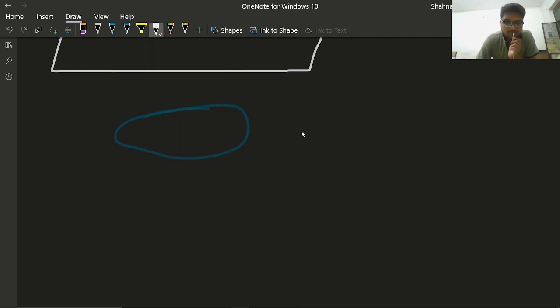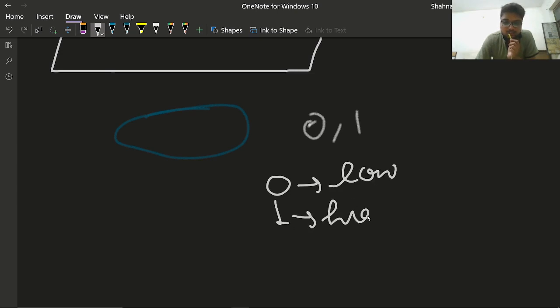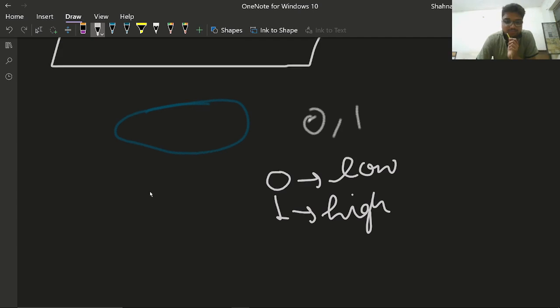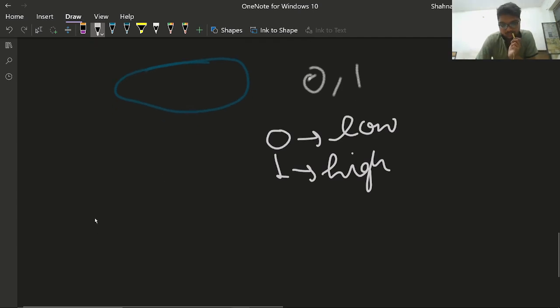So the computer deals in only two digits, 0 and 1. What does 0 mean? Can anyone guess? Please write down in the comment section. 0 means low, and 1 means high. This is because the computer uses digital signals.